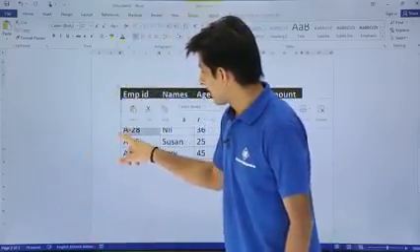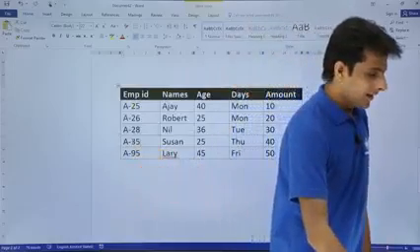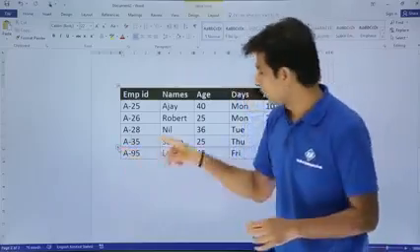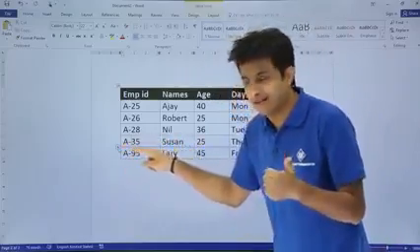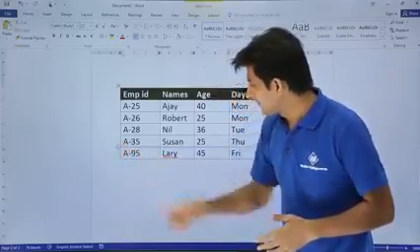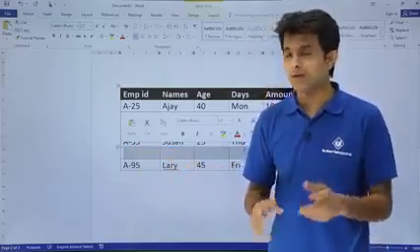It's simple. I can just click on this place. If I have a mouse, how can I do it? I can just click on this plus button. So if I click on the plus button, a row will be inserted between this A35 and A95. You observe here, I'll click on this plus sign. Yeah, so a blank row is inserted between those.